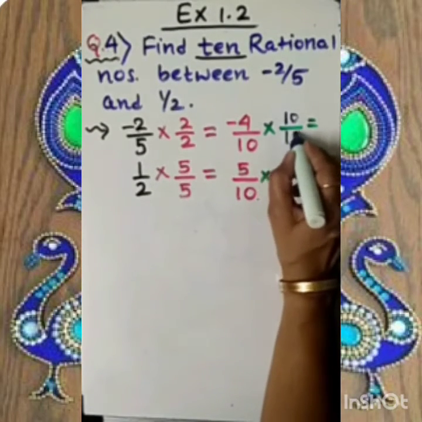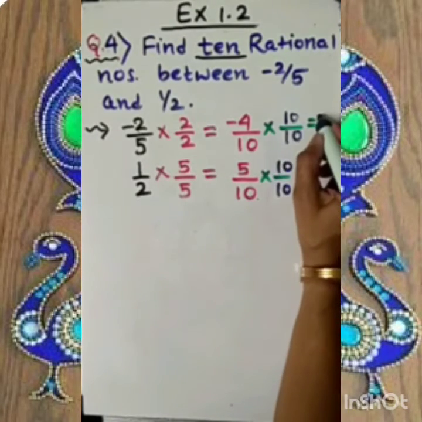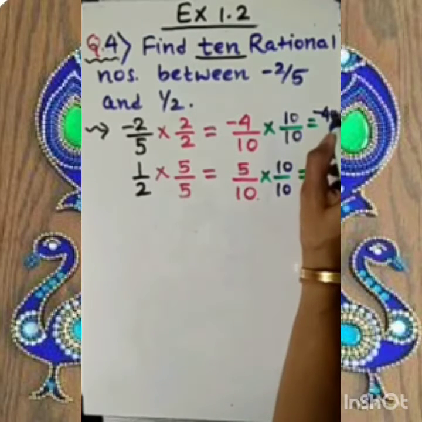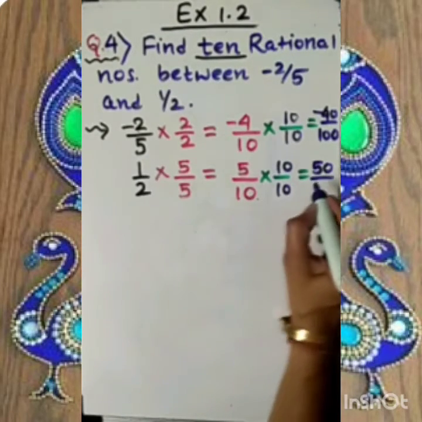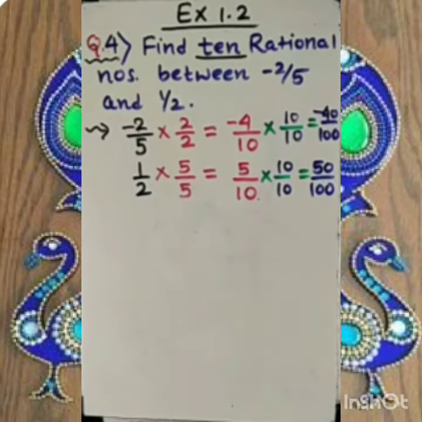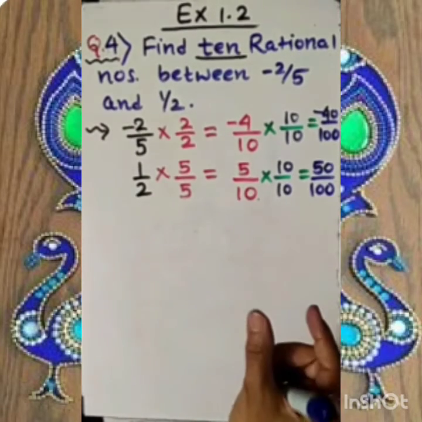What is the reason I am explaining you? Because now you can see here, if I multiply -4 with 10, then the number will be minus 40 by 100. 5 into 10 is 50, 10 into 10 is 100. So, my dear student, now between minus 40 and up to plus 50, there are infinite numbers which you can mention randomly. Fine. So this is called Chaddar Badi Karna.